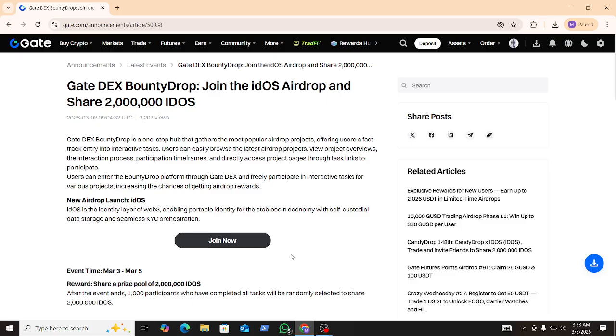Users can enter the BountyDrop platform through Gate DEX and freely participate in interactive tasks for various projects, increasing the chance of